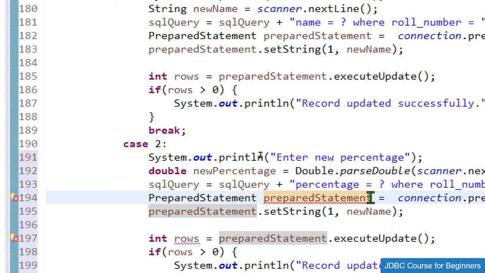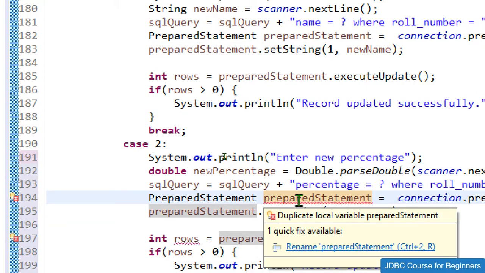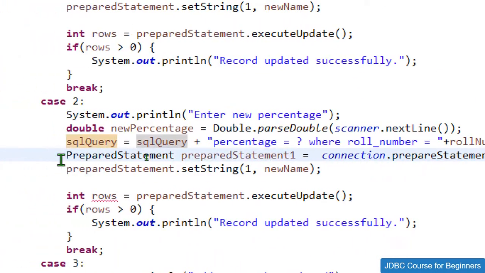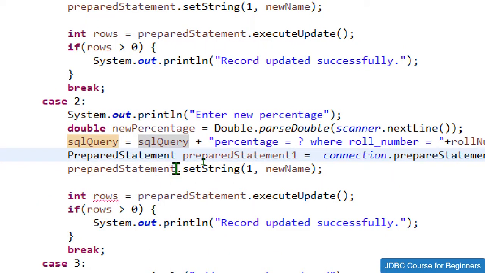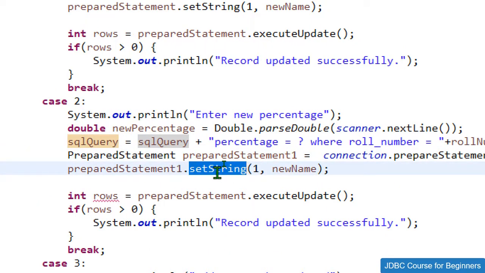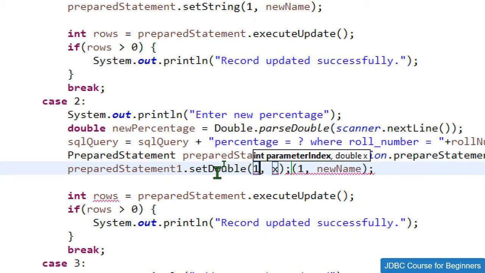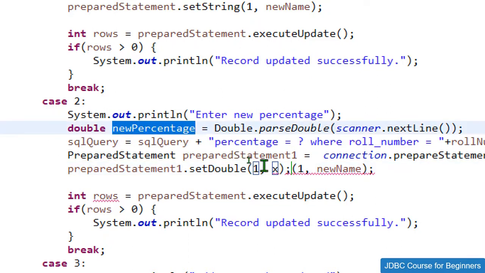So let me give it as prepared statement 1, then connection dot prepare statement, inside the brackets it will be the SQL query itself, then prepared statement 1 dot, instead of set string I just need to use set double, like this, and parameter index will be the first index, and instead of this x I just want to pass this new percentage.